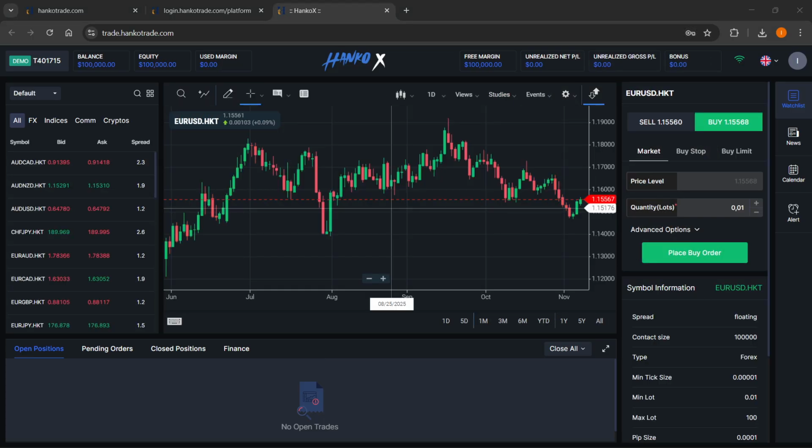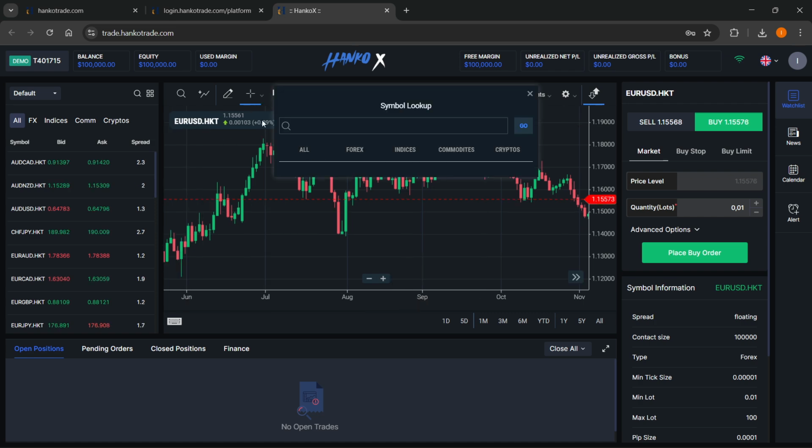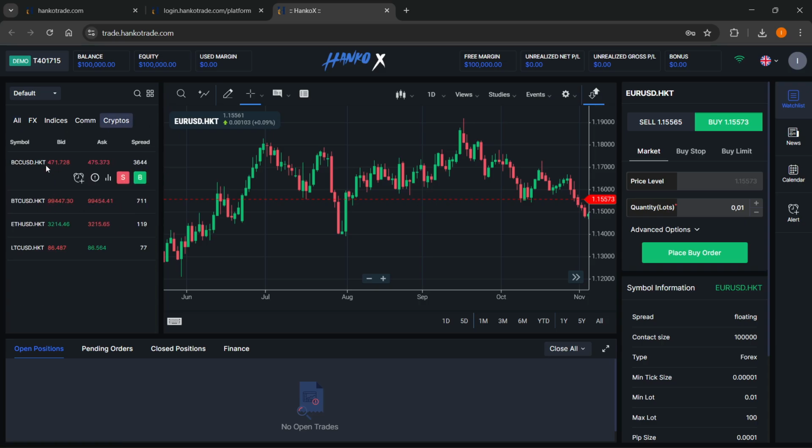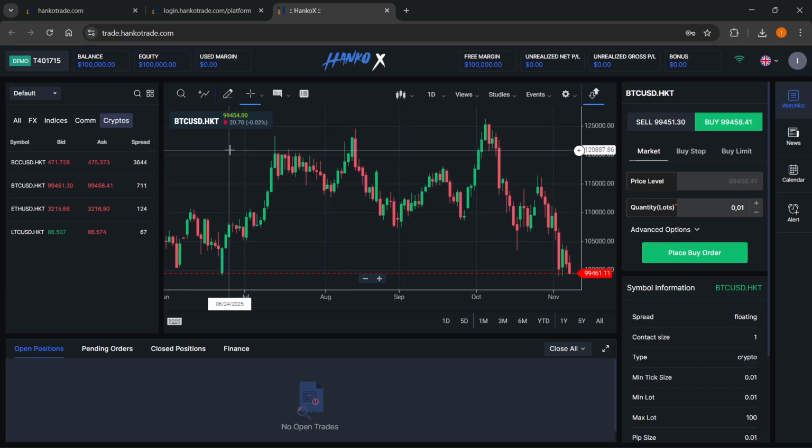And if you want to start trading, it's actually very simple. First, of course, you have to just select whatever you want to trade. So click on the symbol over here. And you could go ahead and find the symbol you want to trade, or over here on the left hand side you could just go ahead and select whatever you want inside your kind of screener list over here. I'm just gonna go with Bitcoin USD over here, so this one, there we go, it's gonna open up,